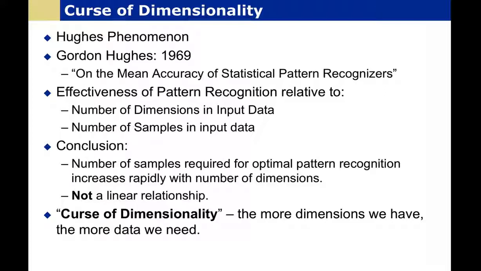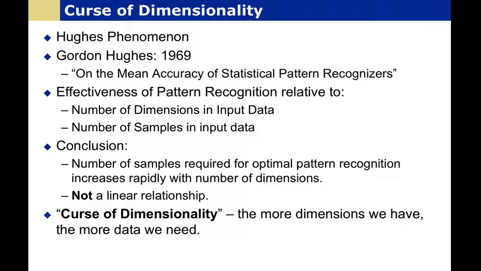Now, back in 1968, there was a guy named Gordon F. Hughes who published a paper called On the Mean Accuracy of Statistical Pattern Recognizers. Hughes described a problem which we now call the Hughes phenomenon, which describes that as we deal with data with large numbers of dimensions, the amount of training data that we need to accurately infer patterns increases rapidly. Basically, what that means is that if we're going to look at more than just a few columns in our data set, then we need to train on a lot of data. This is one meaning of the term curse of dimensionality, and this is one reason why early neural networks didn't scale well beyond toy problems.